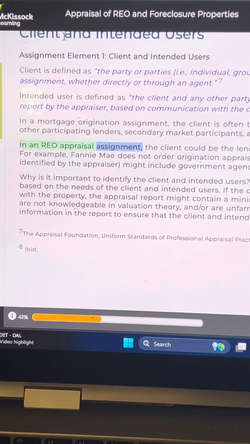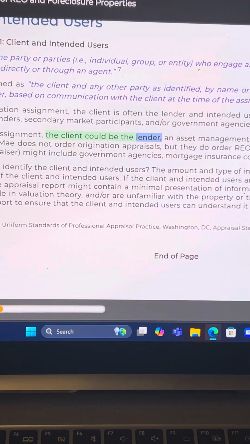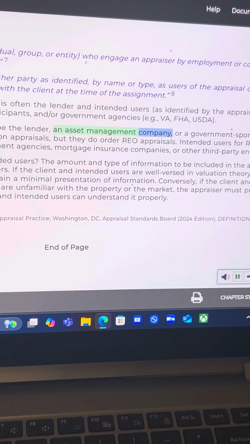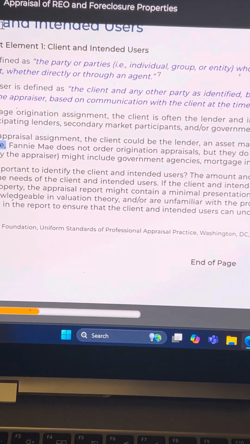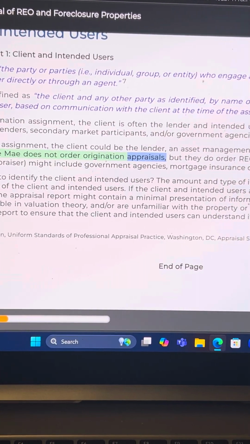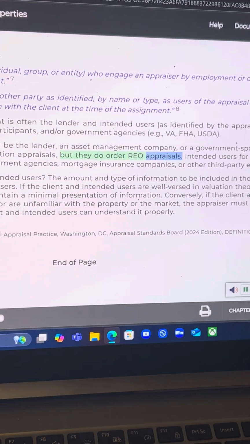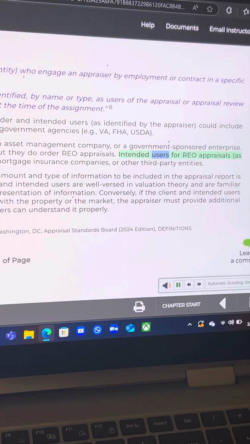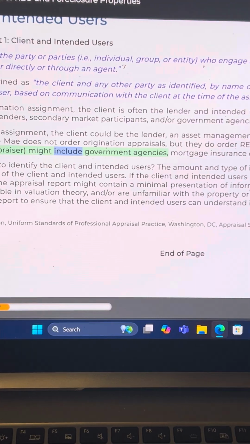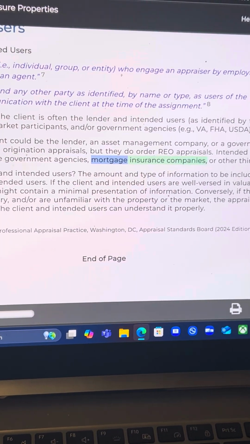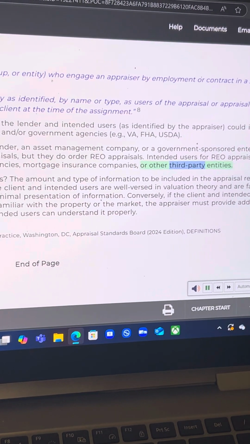In an REO appraisal assignment, the client could be the lender, an asset management company, or a government-sponsored enterprise. For example, Fannie Mae does not order origination appraisals, but they do order REO appraisals. Intended users for REO appraisals, as identified by the appraiser, might include government agencies, mortgage insurance companies, or other third-party